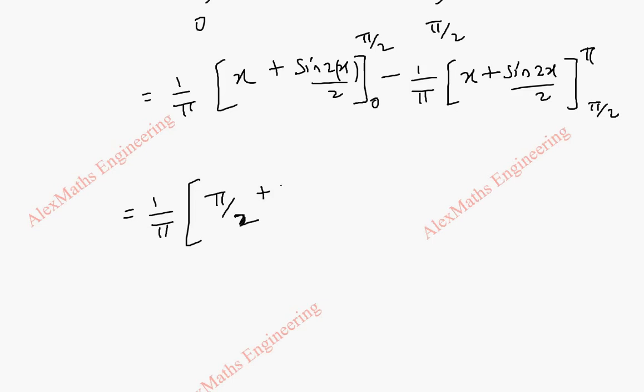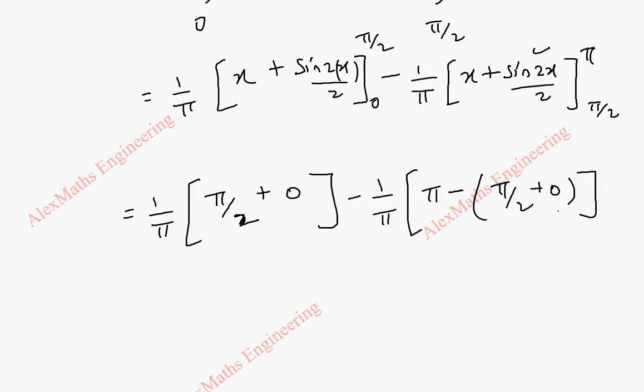So the second term is 0. When I apply the lower limit, everything is 0. Minus 1 by pi. When I put pi, sine 2 pi is 0. And when I put the lower limit, minus pi by 2. And here when I put pi by 2, after cancelling 2, sine pi is 0 again. So plus 0. So totally this is 1 by pi into pi by 2 minus 1 by pi,